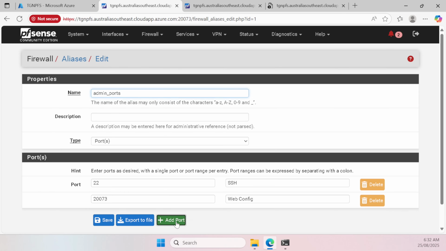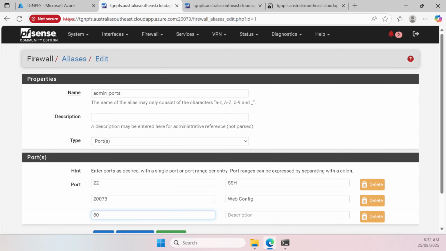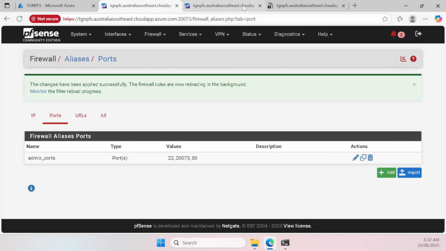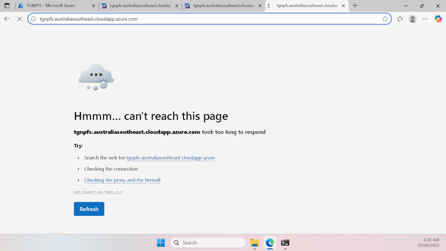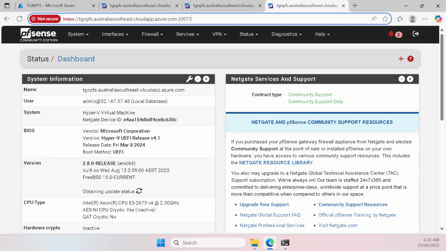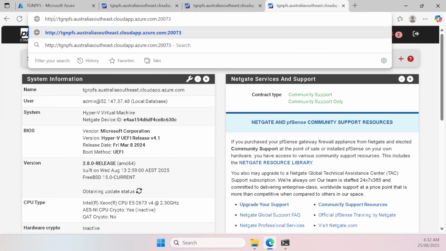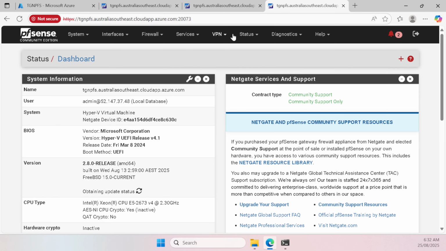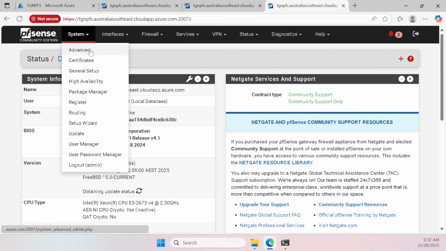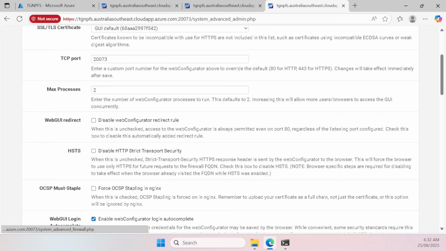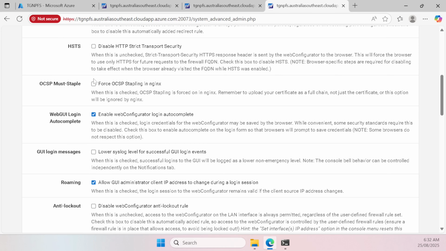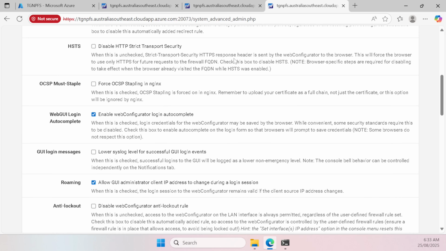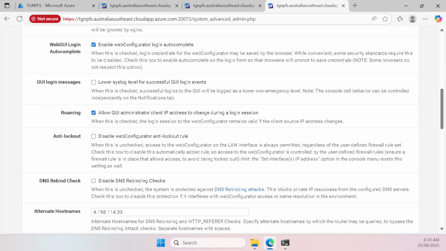Let's add that port so that we can actually access it, because I've locked it out. But right at this moment, let's try that one more time. Yeah, so right at this moment, if we connect on port 80 when it's allowed, it will automatically redirect to that high port. Now that's something we might not want to happen, so let's go into advanced and find the